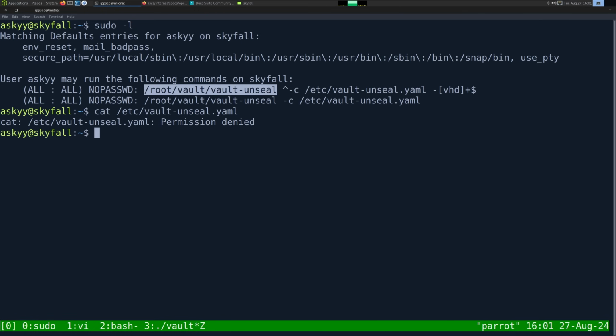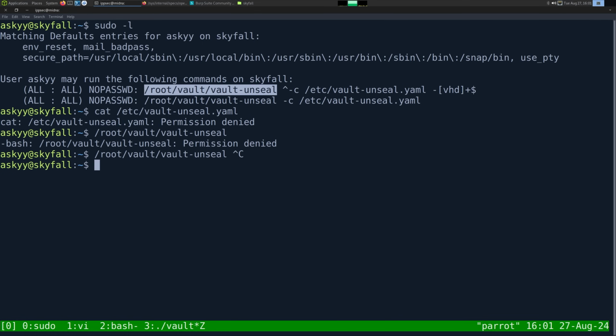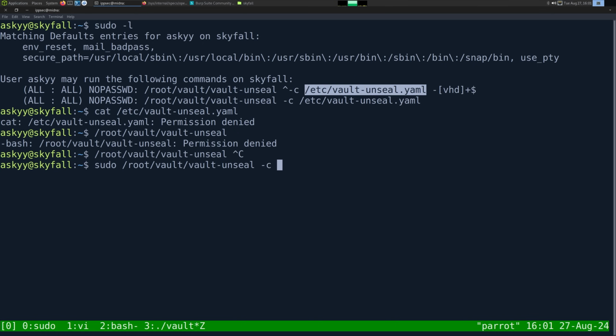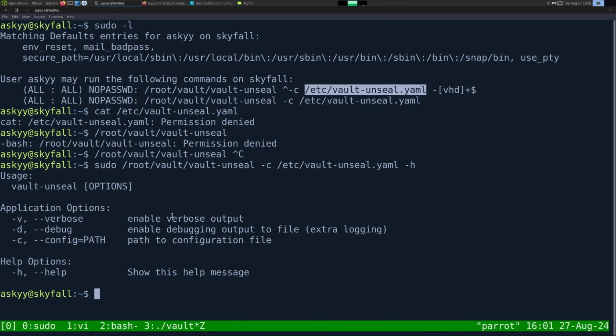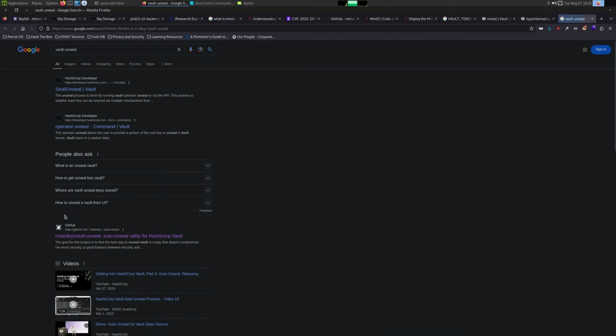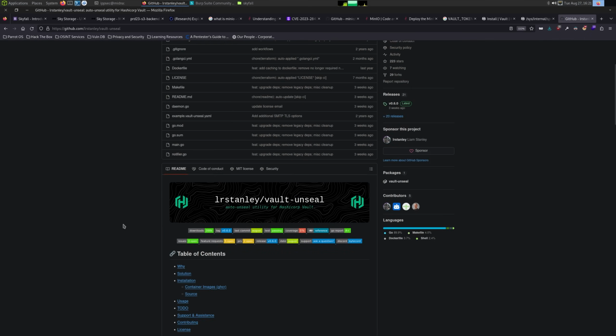So if we run this, let's see, I guess we have to sudo this -c -h. It is verbose, debug, and config. So before I run this program, I want to see exactly what it is. The first thing I always do is just Google the program name. And in this case, it brings us to a GitHub repository, which seems to be what the program is based